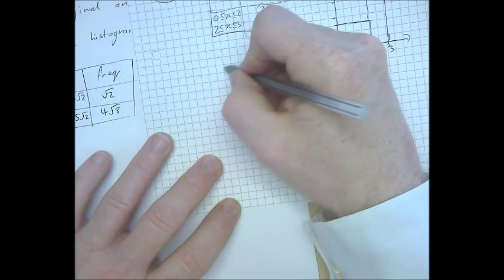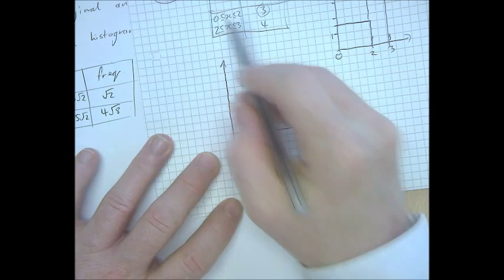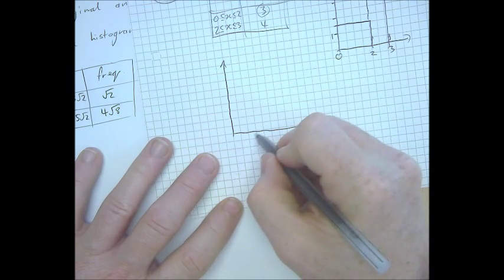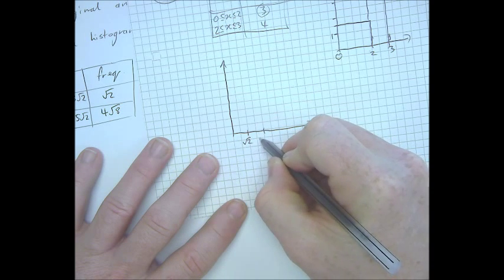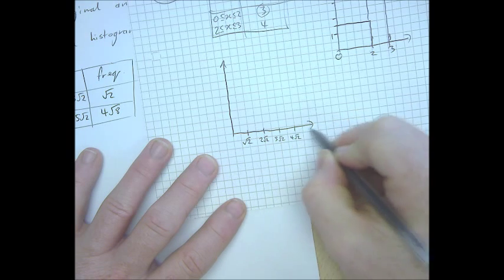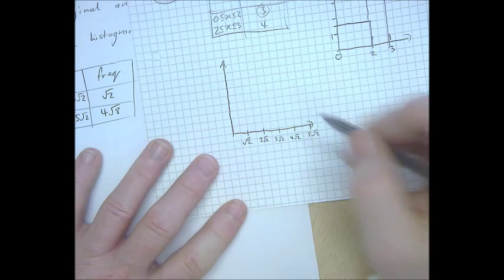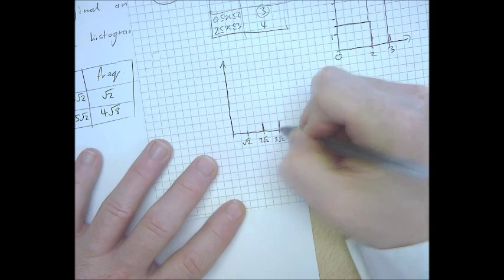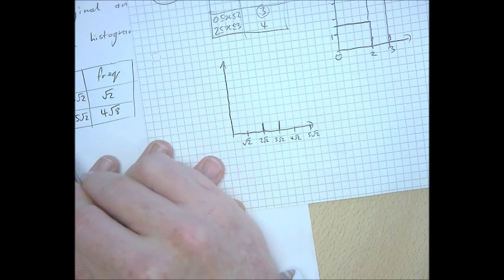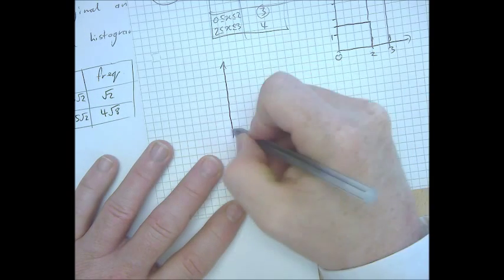Okay, so let's lay down the markers first, because that's what we did before. We had 0, 2, 3. We need root 2, 2 root 2, 3 root 2, and 5 root 2. So let's just make it go up in root 2's. Okay, so between 2 root 2 and 3 root 2, here I need to put a rectangle. How high should the rectangle be? It should be that divided by the difference between this and this. This minus this is root 2. Root 2 divided by root 2 is 1. So that's how high it should be.